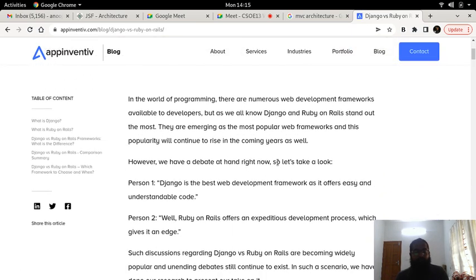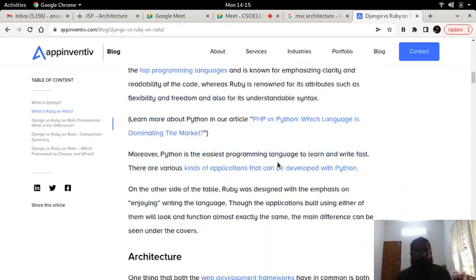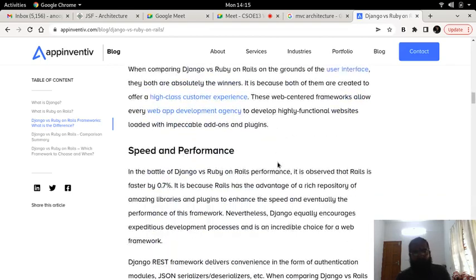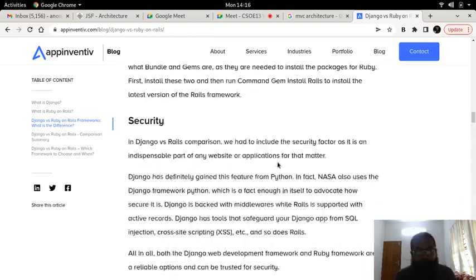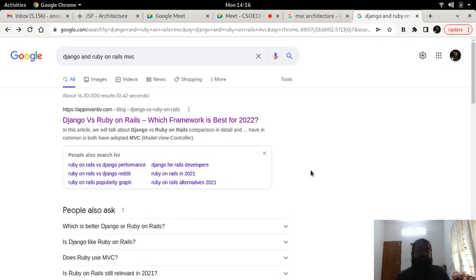For example, Laravel for PHP. Okay, and for Golang also we have a different MVC framework, etc. Okay, and what is MVC?